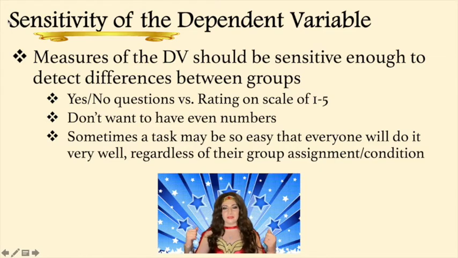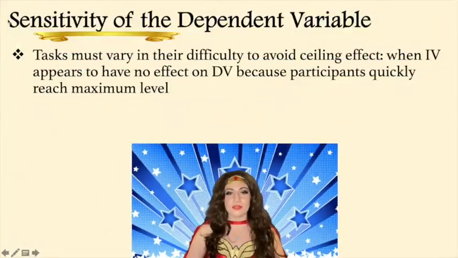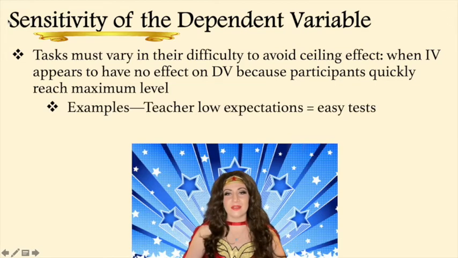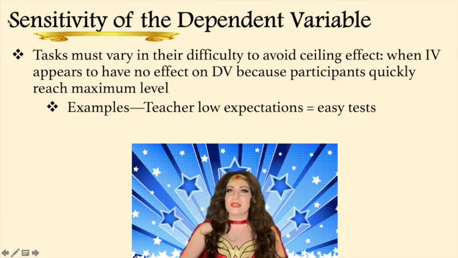If your dependent variable is too similar, or it's too simple, or it's not going to show much of a difference between your two groups, it will lead you to conclude that your hypothesis was actually not true and that the groups don't differ in any way. So tasks have to vary in their difficulty to avoid what is known as the ceiling effect. The ceiling effect is when the independent variable appears to have no effect on the dependent variable because participants quickly